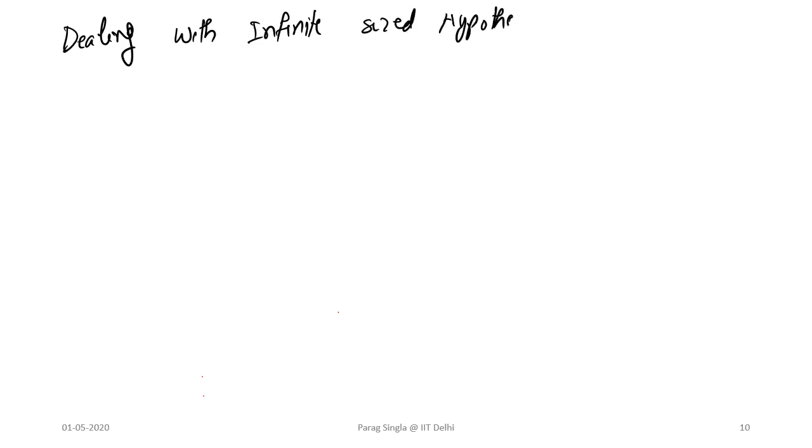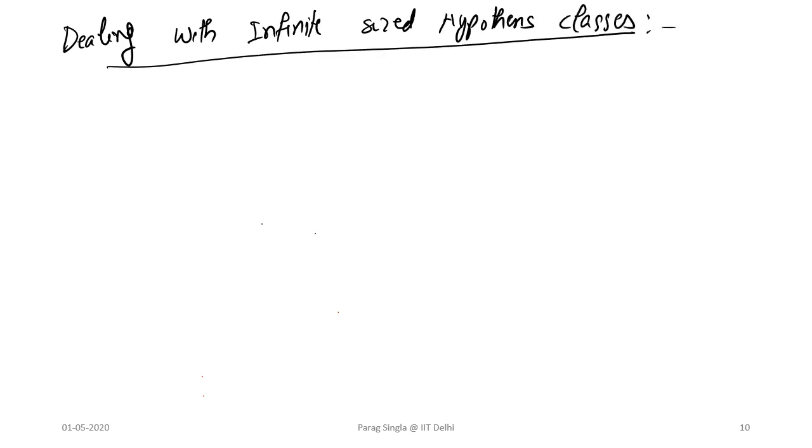So next we come to an important extension, which is dealing with infinite sized hypothesis classes. Here we will introduce the concept of what is referred to as the VC dimension of an infinite hypothesis space, and in some sense this will be a proxy for the size of the hypothesis class. And VC stands for Vapnik